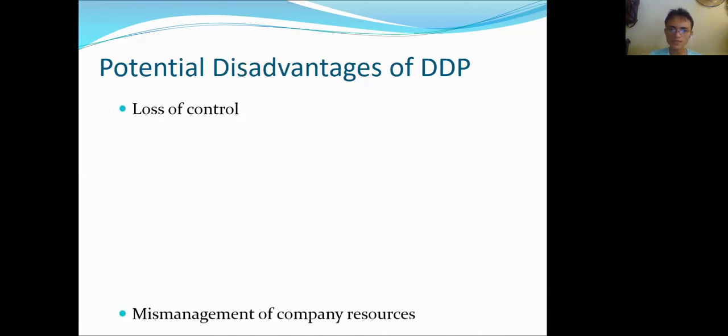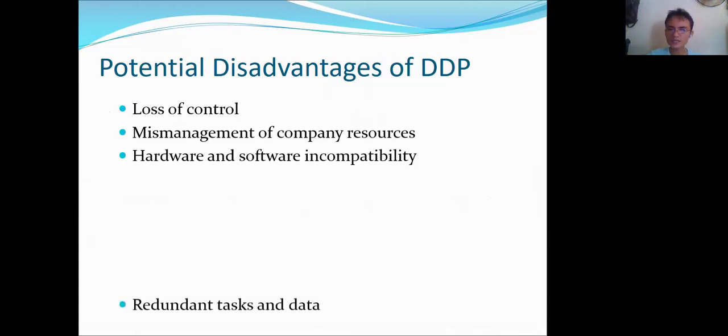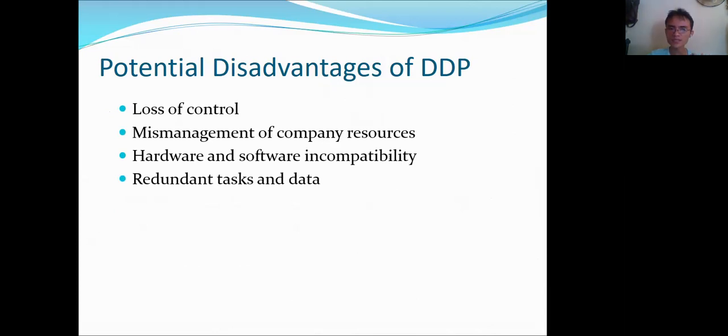Next, what about the disadvantages? There will be loss of control, although only a percentage of it because there has been delegation now. Another one is there could be mismanagement because more people are involved. Another one is that for every department, there could be incompatibility. So the software and hardware of each, or vice versa, would be incompatible,